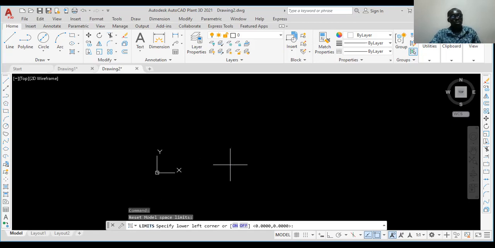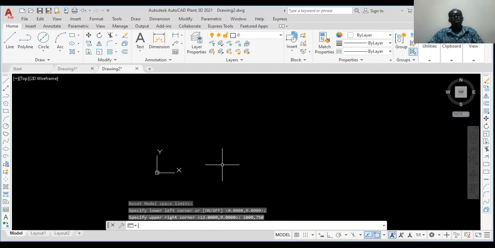I'm going to use 0,0, which is already there on the command line. I accept that, enter. Then 1000, 750,